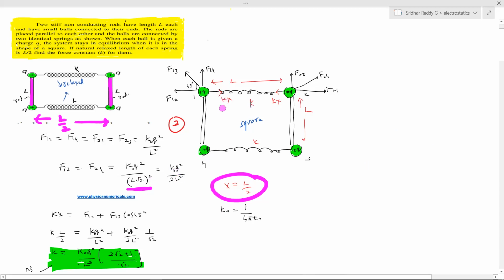Now, what does the spring force do? It should balance F12 plus F13 cos 45. So what is F12? We'll substitute this value here. Then what is F13? K naught Q square by 2L square. Substituting this value and solving for K, we'll get the